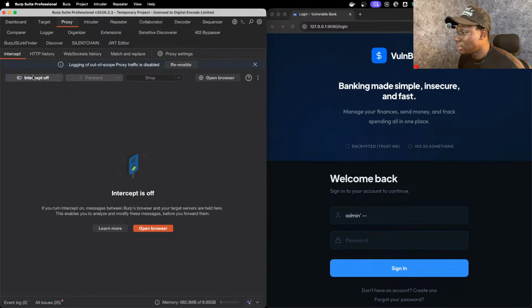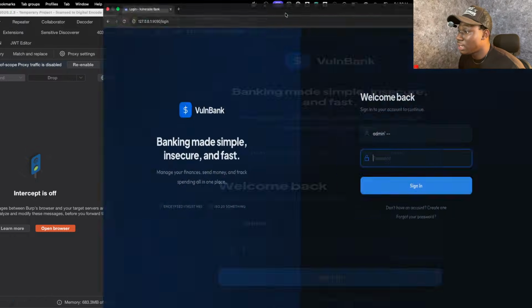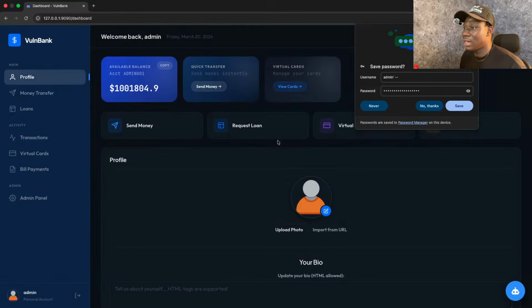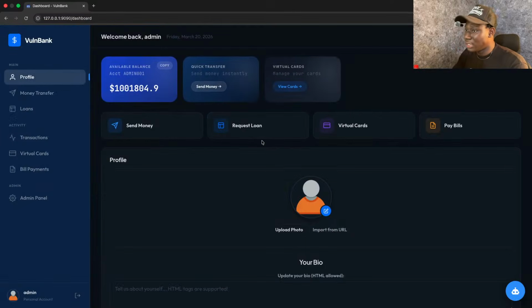So let's try it again. So admin, then any random password you put, it doesn't matter. So sign in and voila, you are logged in as admin. Like, you are literally logged in as admin. And one of the things you would notice here is that